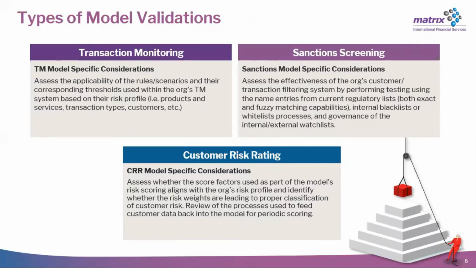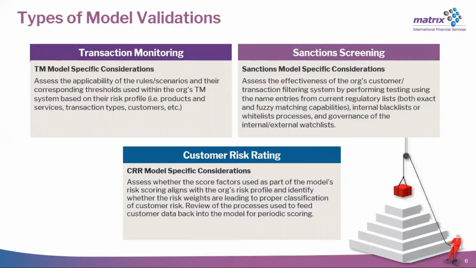The approach to performing a model validation for each of these types of models is very similar, but with slightly different objectives. For transaction monitoring, you want to ensure the scenarios provide sufficient coverage of your AML risk typologies. This means making sure the model is set up properly with the right set of scenarios and parameter settings. For sanction screening, you want to make sure your system is configured to always have the latest lists with no holes in your screening. You want to make sure your system properly stops transactions containing names that are published on sanctioned and regulatory lists. For customer risk rating, you want to properly capture the riskiness of your customers based on what is captured as high risk in your risk assessment. These customers are the ones who may need more targeted monitoring, so your model should properly flag these customers as